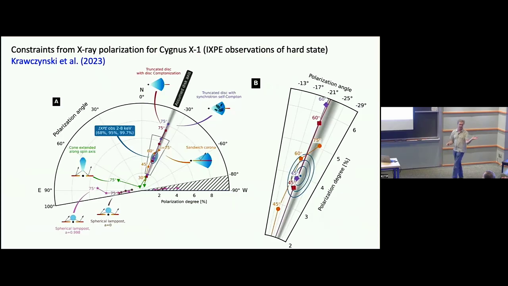Now, as Yuri was saying, polarization is a very powerful probe, but you've got to be careful in your interpretation. It doesn't take much of an additional scattering atmosphere, for example. You need to scatter only every so often to really change the polarization signal. So it's not completely clear that these other geometries are robust, or that rejecting them is robust, if you put in, say, another layer of a wind that you're scattering off. But there are some really interesting constraints coming from